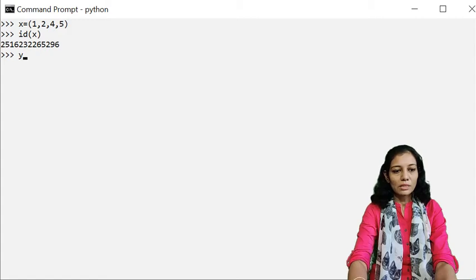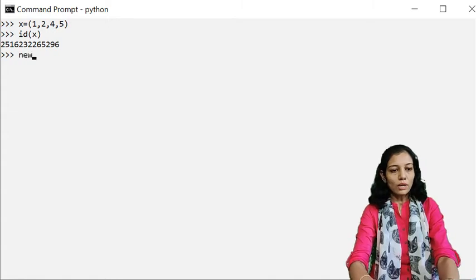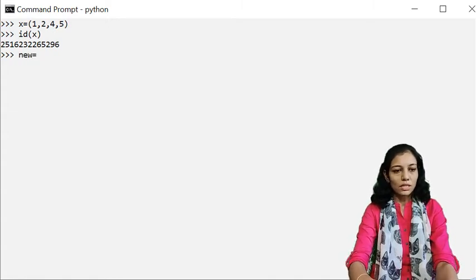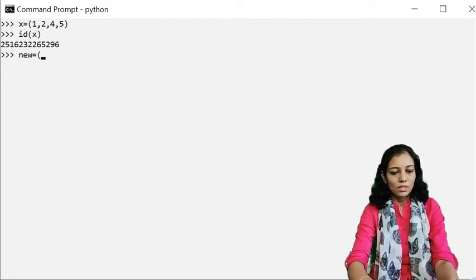Now I am having one temporary tuple. First of all, I'll write the new element that is to be inserted into the tuple, but this new element must be a single element tuple, because tuple concatenation requires this. So this is the tuple having a single element.